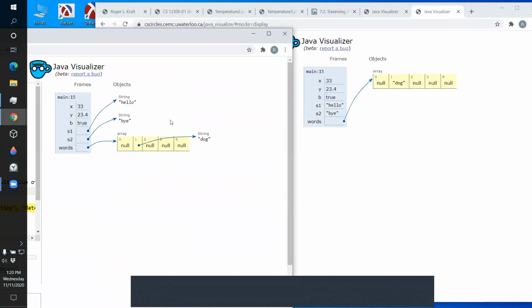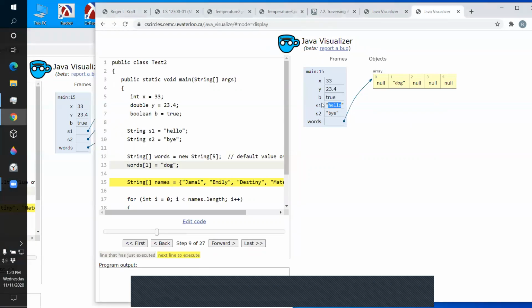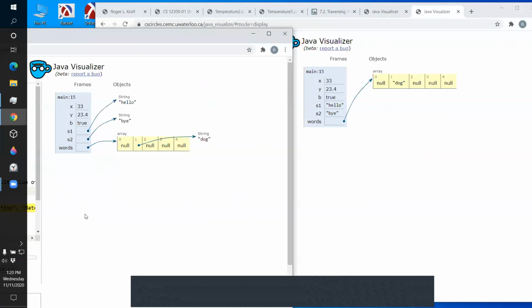This is the right picture. String variables are always pointers, references to string objects, so an array of strings is an array of references to strings. This one's kind of goofy and not really accurate. It shows the string in the reference variable, and that's not quite right. Now let me show you why I think that's a bad idea.